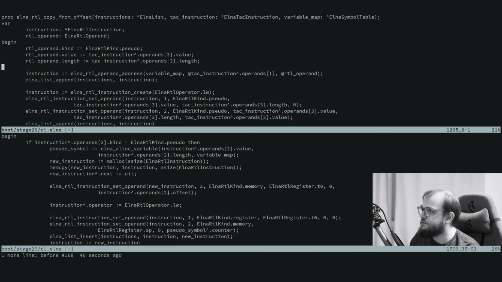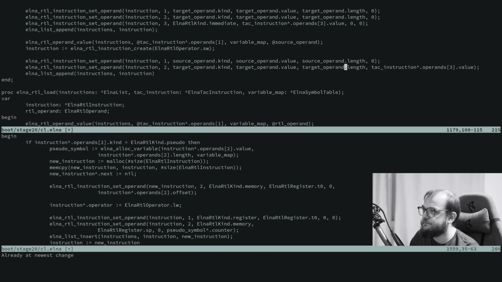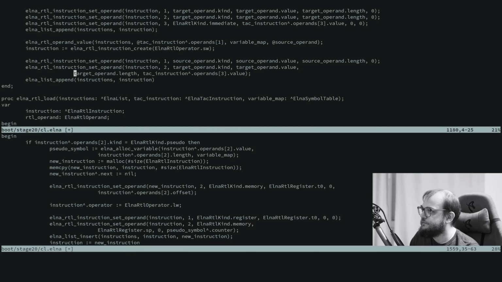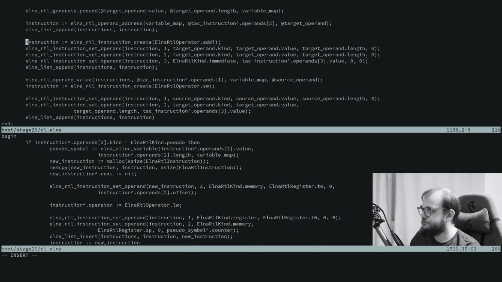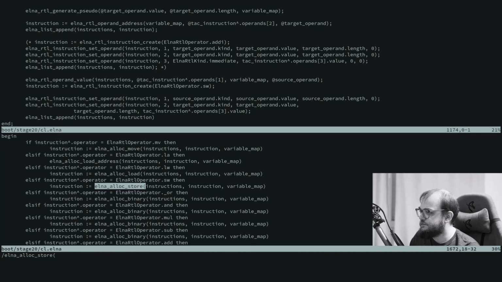One second. And I break the line here, and we set the offset. We remove the add immediate instruction, and now we need to set this offset on the store instruction,